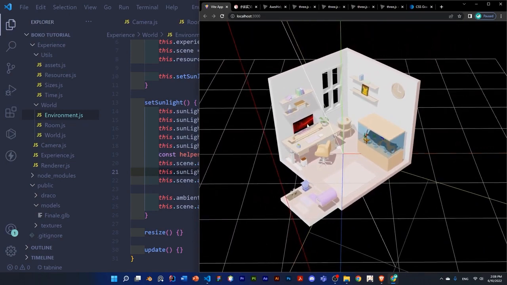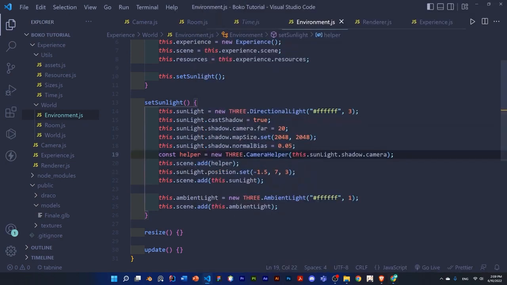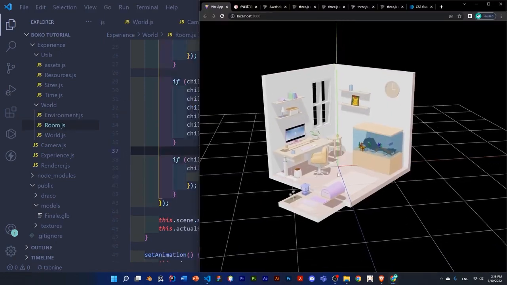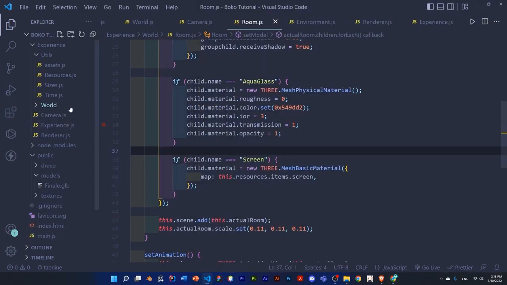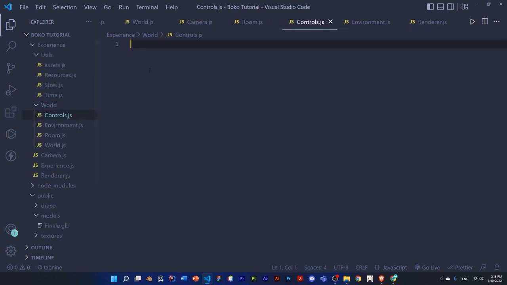And yeah, so now our shadows are going this way, and there's not as many shadows here. Do my environment and just comment out the helper for now. Let's start working on some controls. So I'm gonna go into my world folder and create a new file called controls.js, and this will handle all